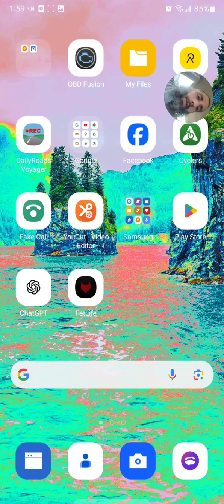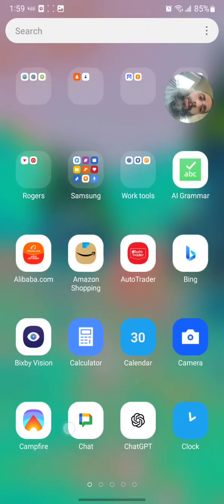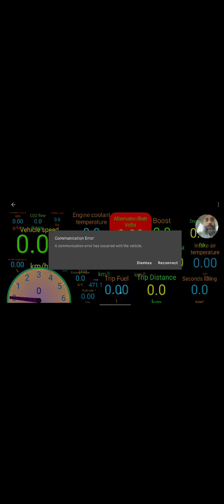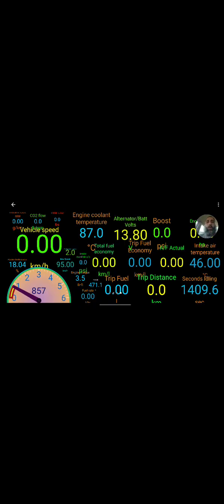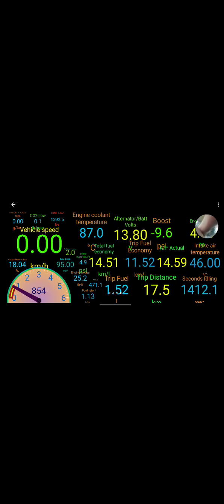What's up, everybody? So I'm gonna show you something. This is for ODB Fusion, guys. I'm gonna connect, and so what I've done with ODB Fusion is, you can see up at the top there's instant CO2 rate,